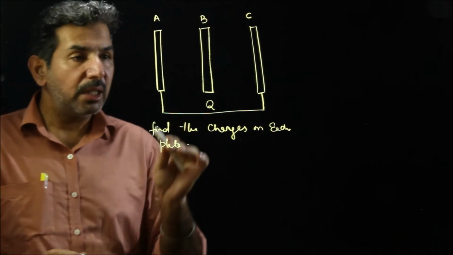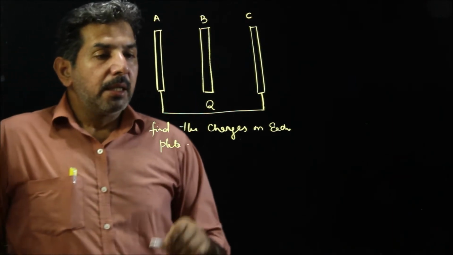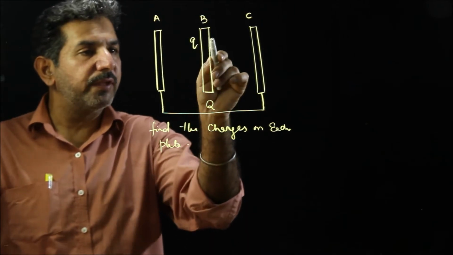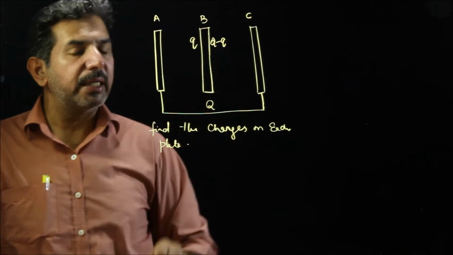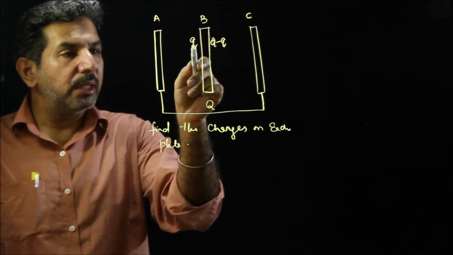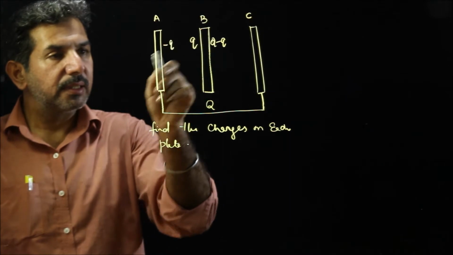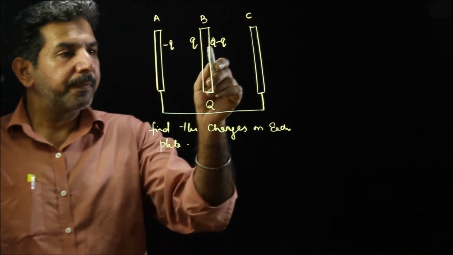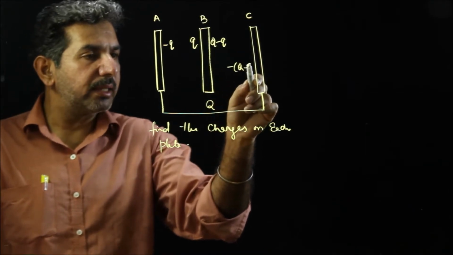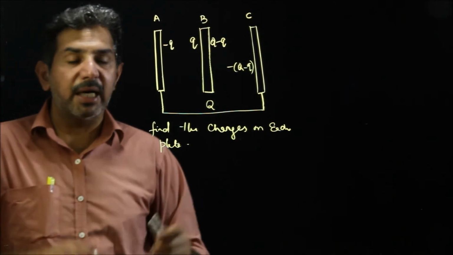It's a very good question. How exactly are we going to pursue it? Let me brief you. Suppose this face has got a charge q, so obviously this face will be Q minus small q. Now this q is going to induce some charge on this, that is minus q, right? And this will induce a charge on it, that will be minus of Q minus q, right? You must be feeling as if this will be the induction.